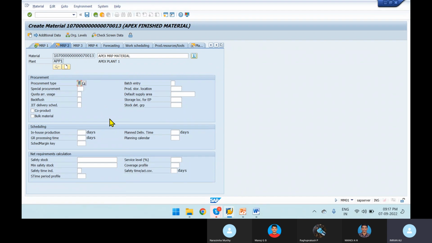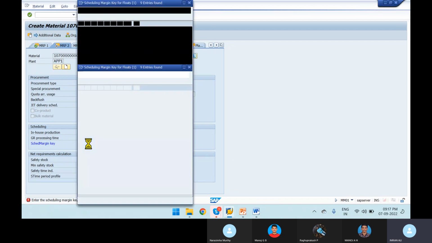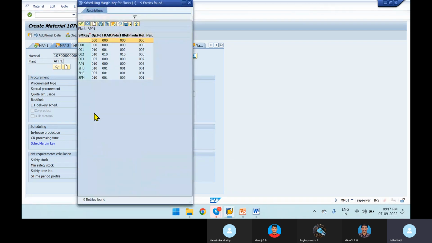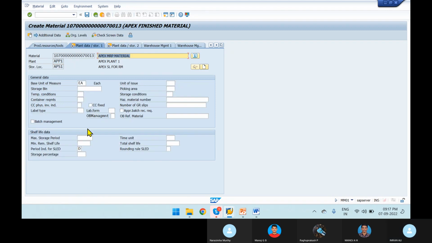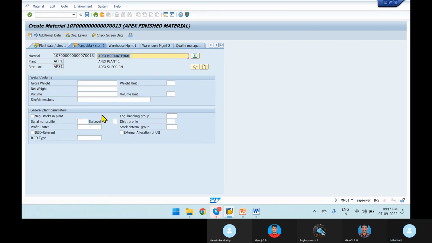Next, here, this is very important, safety stock. How much do you want to maintain as safety stock? I want to maintain 100 safety stock. Okay. Enter. So here scheduled margin key, don't bother about this. We have some standards. Just give this standard. Here you just give 000, this one. This is the standard you give, enter. Don't bother about this, enter. Then here enter,